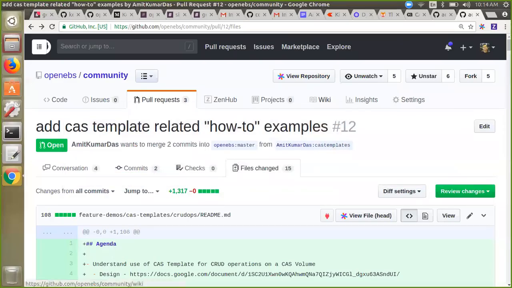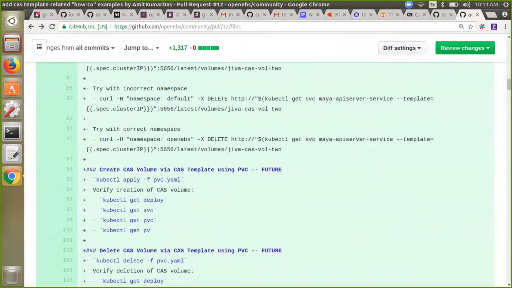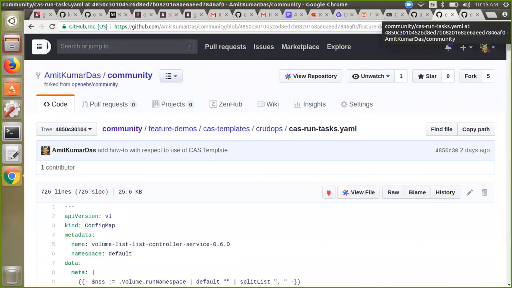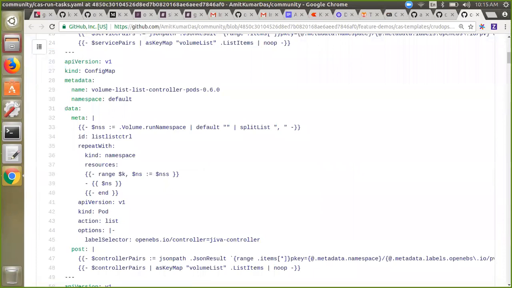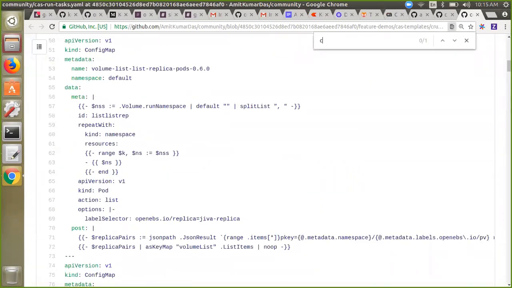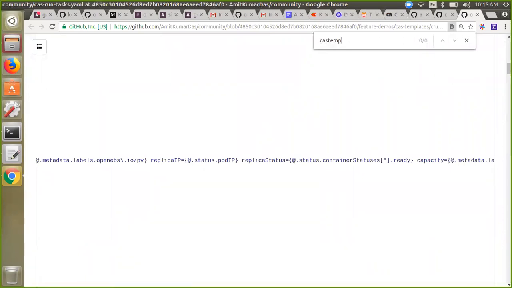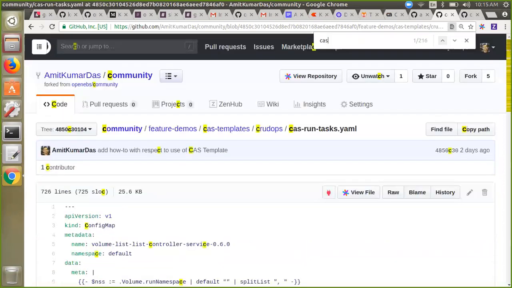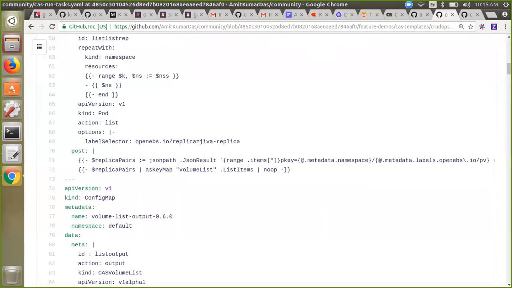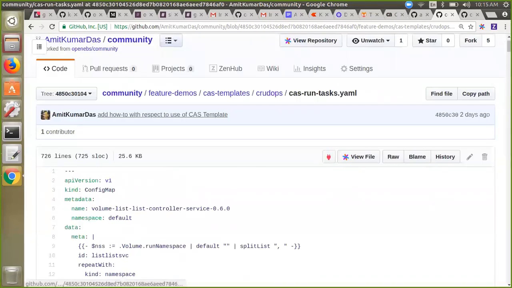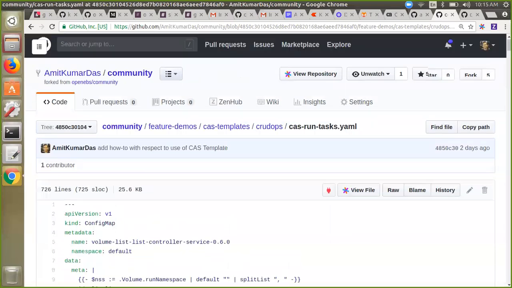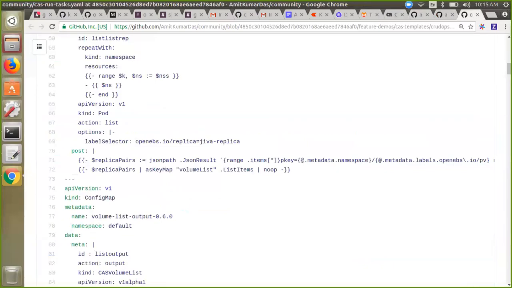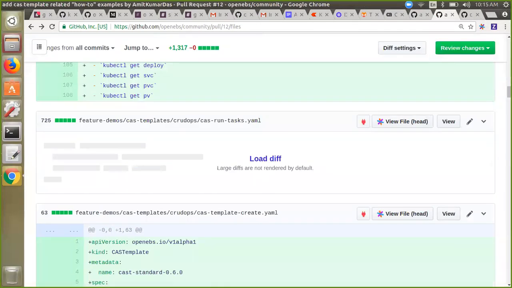Let me show some other things which will be helpful for us to explain the run tasks. I will. Okay, so let me. Let me just have a look. Okay, so what was this community? This is all right. So